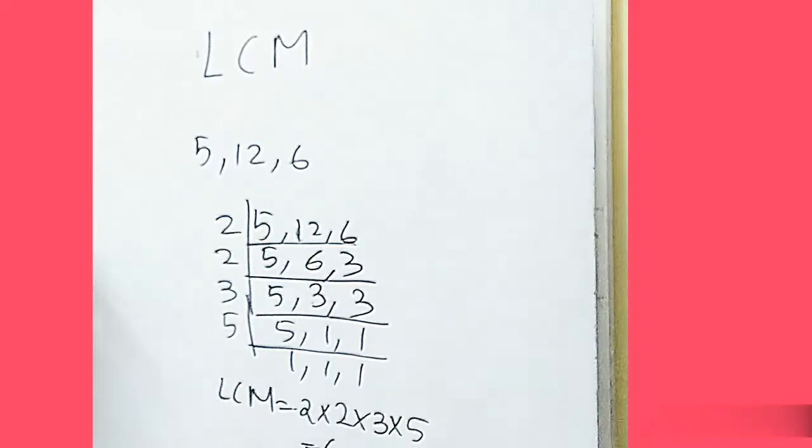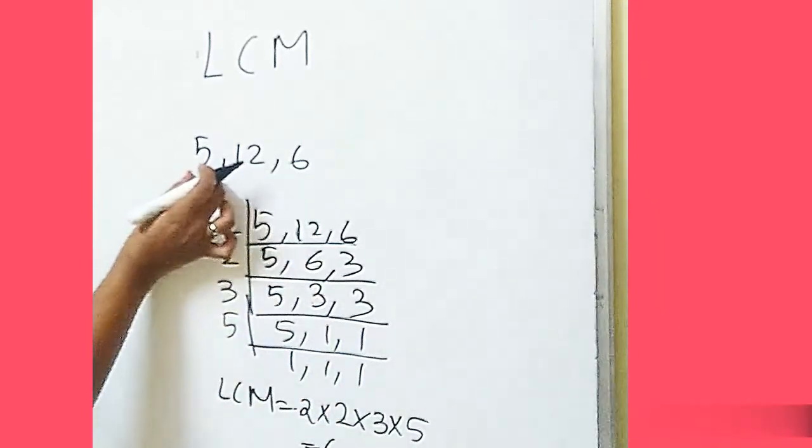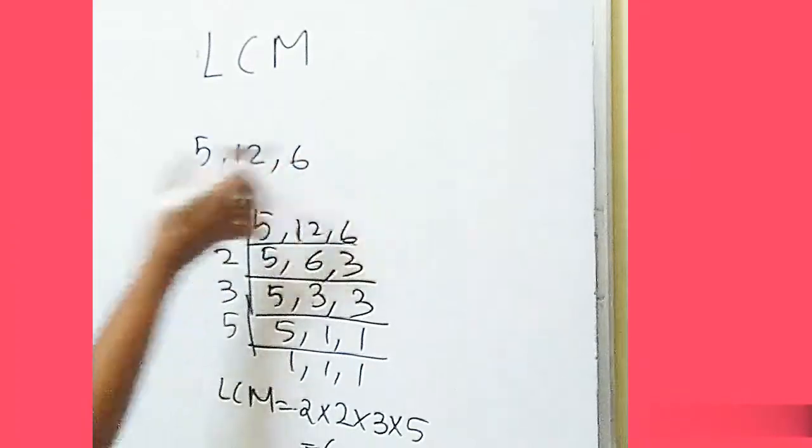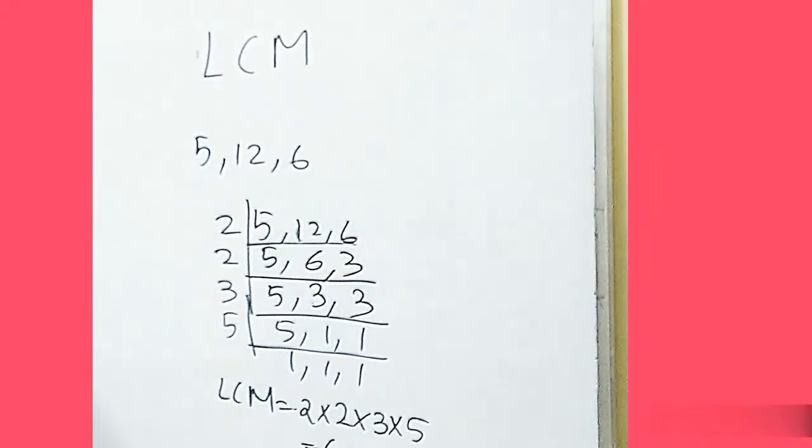So you'll find that 60 is the number which comes in the 5 table, the 12 table as well as the 6 table. So this way you have to learn LCM, student. Very, very important. It is used in many chapters, like in fractions and in word problems. So that's why LCM is very important, student.